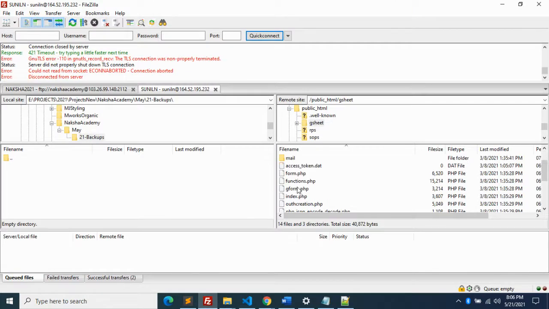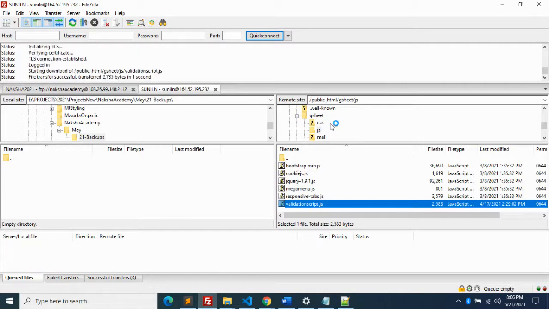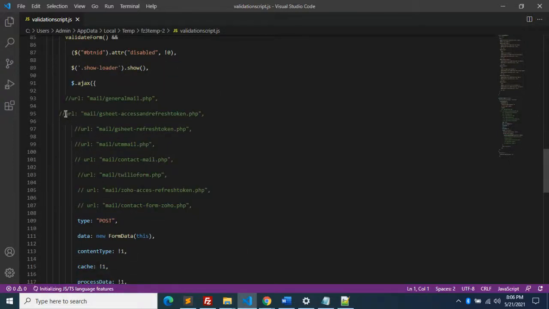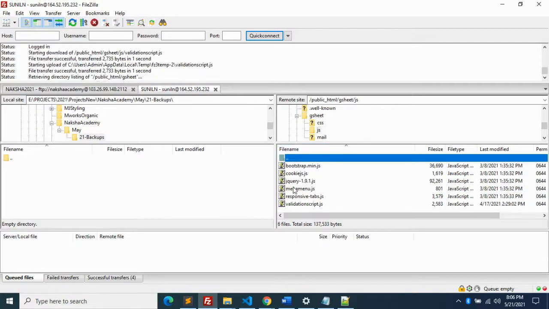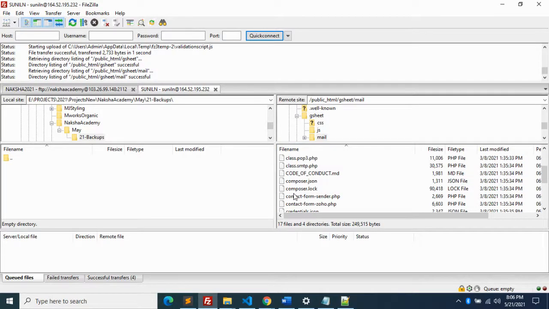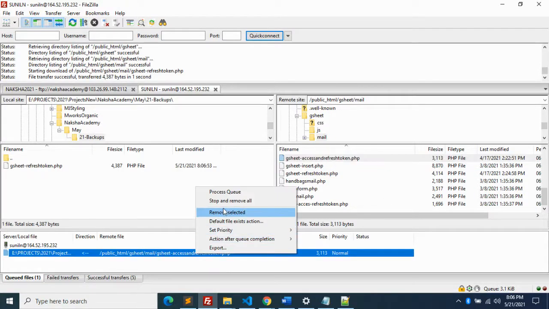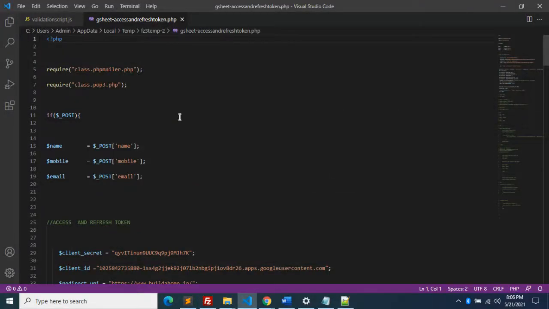So one second, I will show you. I already have the code. Okay, form.php. So using this URL, generate access and refresh token.php. If you go to main, the access and refresh token file.